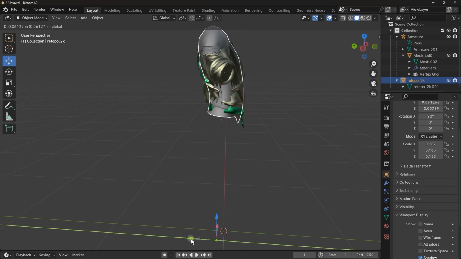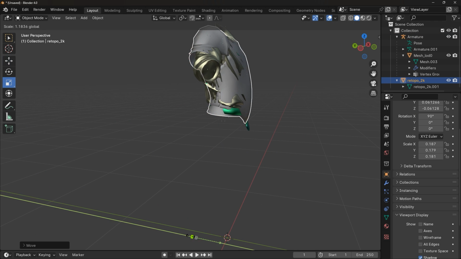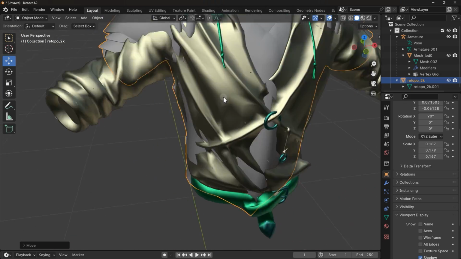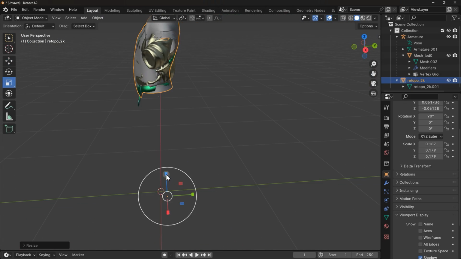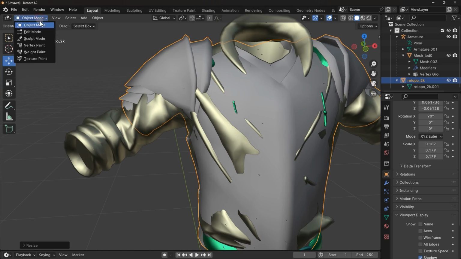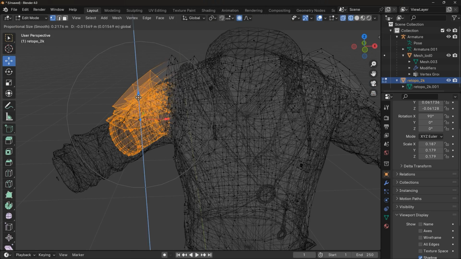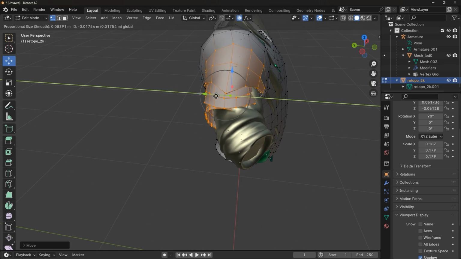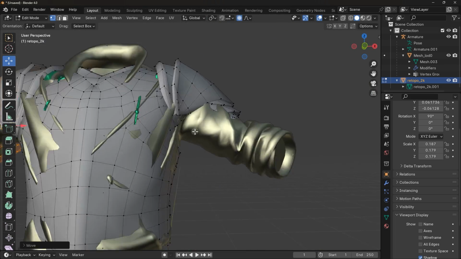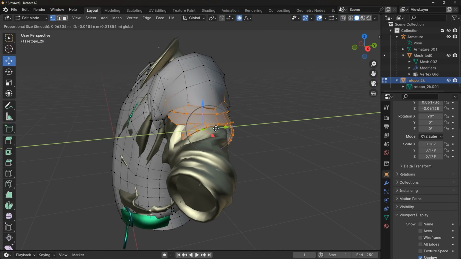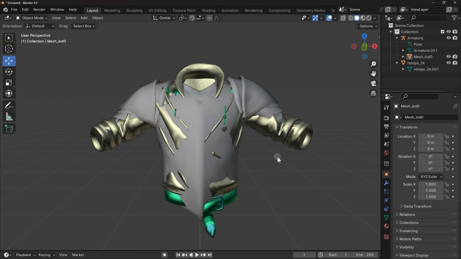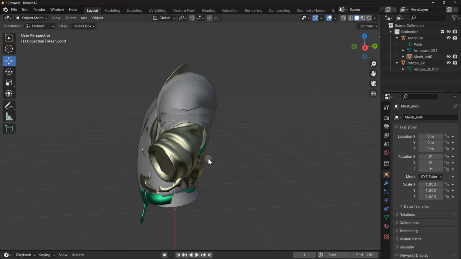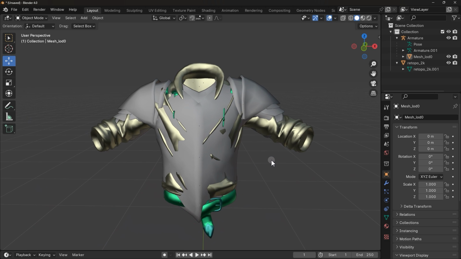And if your mesh file has an armature, you can use the bones of the mesh file and try to scale it with the main armor's armature. For that you need to choose pose mode. Okay, this looks good. Now delete the armature of the new armor, if you have any, and the mesh file of